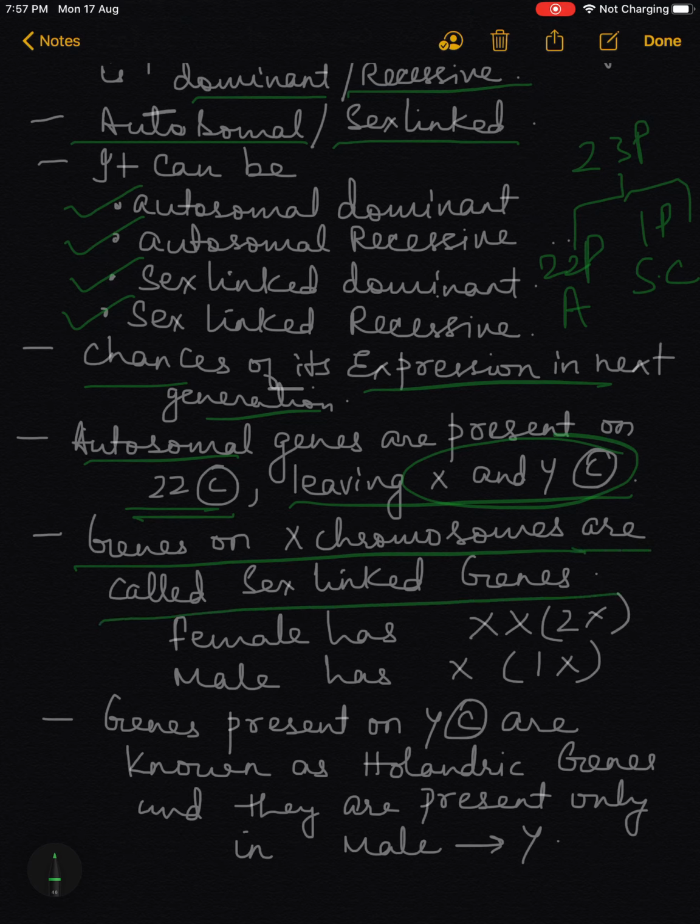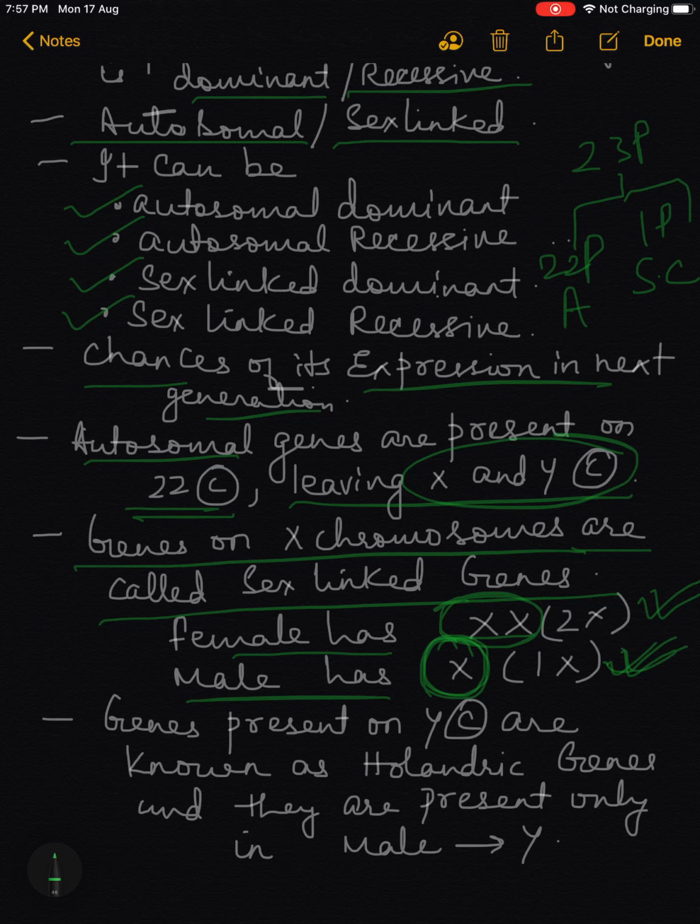I already told you that is why we always call the X chromosome a sex chromosome, right? Females have XX, that is 2X, a general idea. Male has only one X. So that means the sex chromosome will alter the character in a male or a female. In a female, there are two X chromosomes, so these two will decide how the female is going to be. But in males, there is only one X chromosome, and this is the one that will carry the genes.